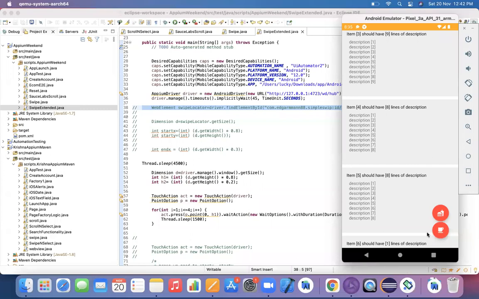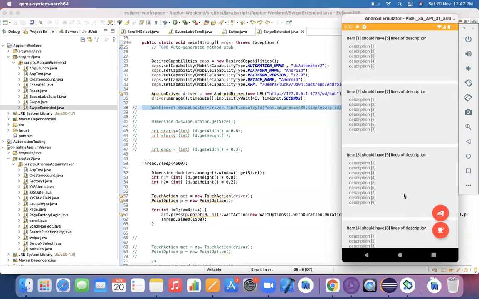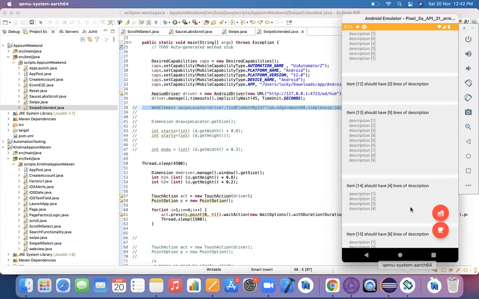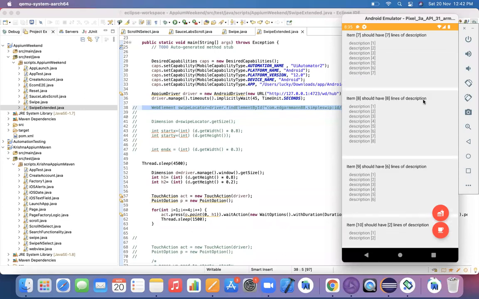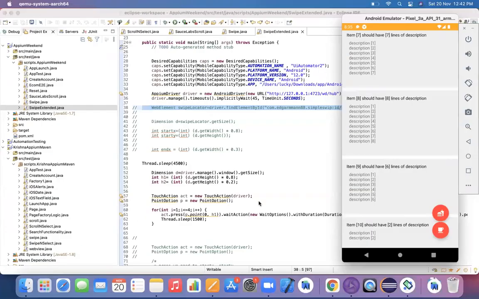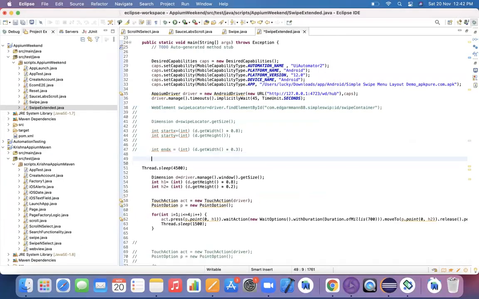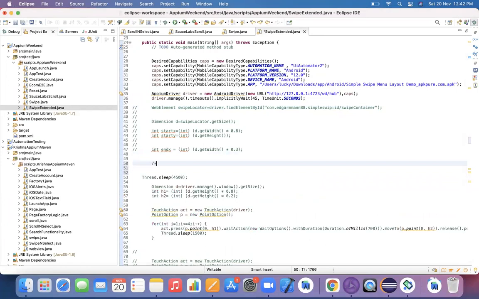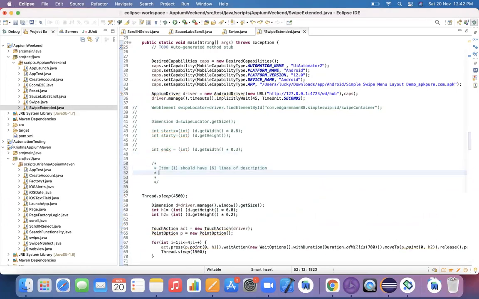So the very first time, this is how the app looks. If it performs a scroll down operation, maybe item 8 of 8 lines of a description, this is what the text will display. So what is the text being populated there? Let me add it here. I can write an XPath, slash star, open braces, at the rate text is equal to, and you can ask your program to verify whether this XPath is matching, then you can stop.